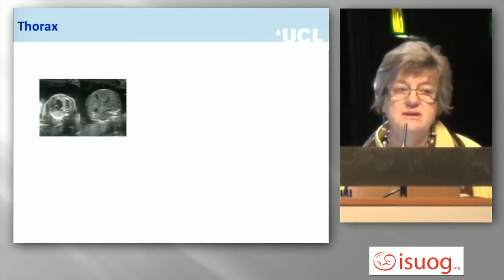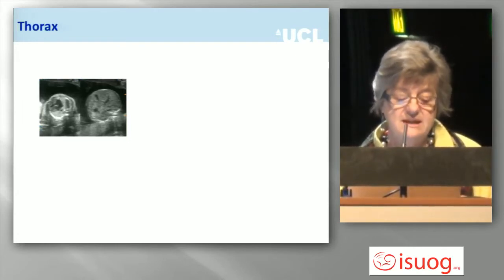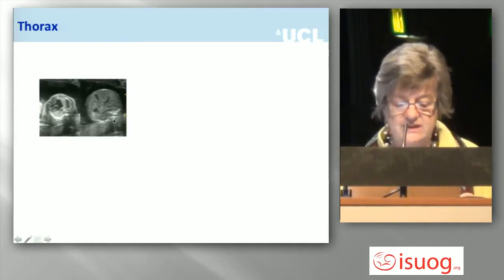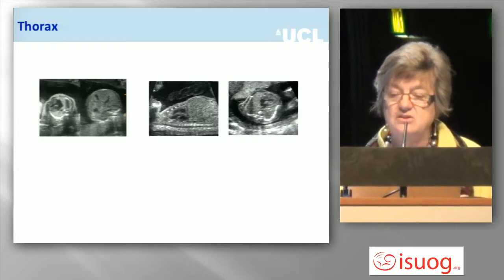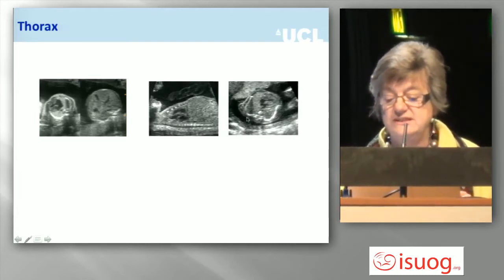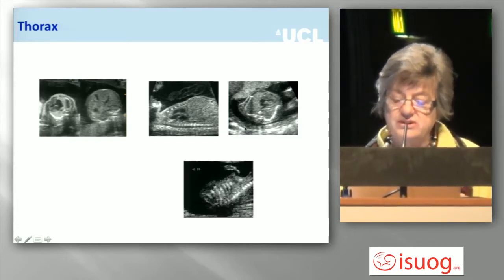The chest, as I've already mentioned, can give you very useful clues, particularly in terms of viability. So we need to look at the size of the chest. And my favourite way of looking at that is basically to look at the cross-section of the thorax compared with the cross-section of the abdomen in the same fetus. We can also look at it in a longitudinal plane here, and you can see the bulging abdomen here in this baby with a slightly but not terribly small chest. And here again you can see the shape of the ribs, and these ribs curve in and then curve out a bit, and they're a little bit short. And then you can look at the ribs in this plane too, and you can see that these are beaded